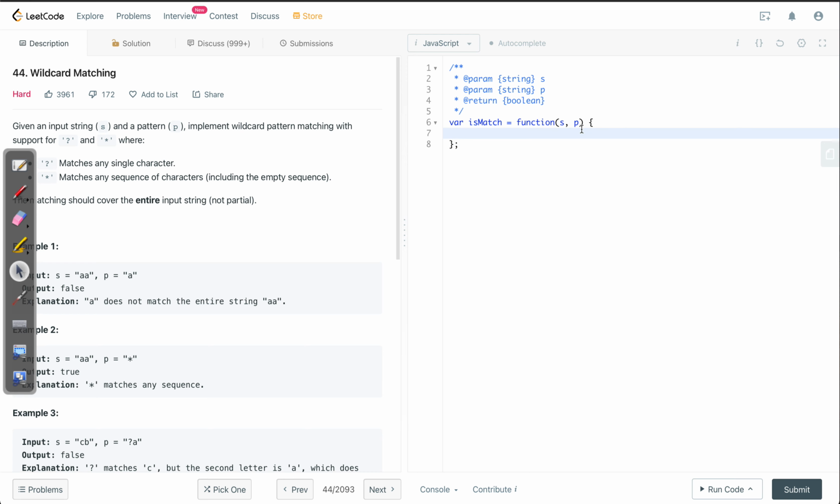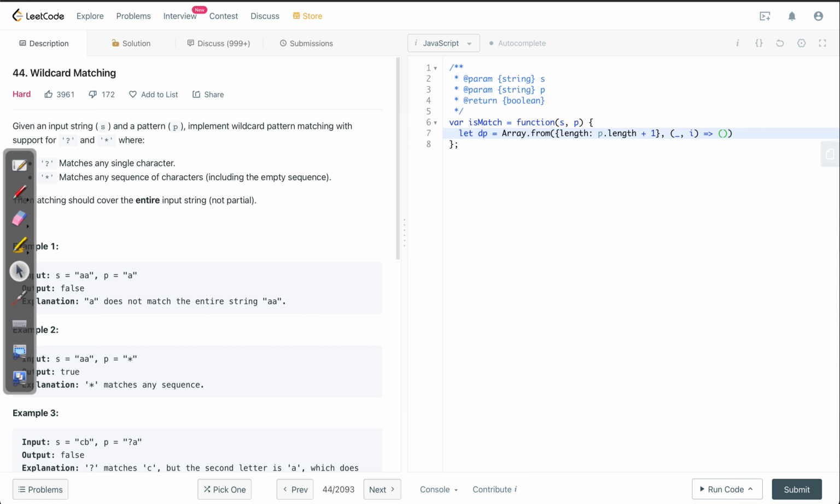So first of all, let me create a DP array. So let dp is equal to an array with p.length plus 1 rows and s.length plus 1 columns. So Array.from length is going to be p.length plus 1, and then we're going to put cells into it.